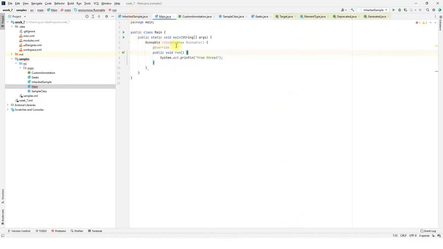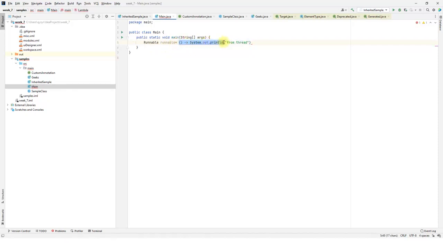Also, IDEA says that you can replace it with a lambda. So a lambda is an expression like here. In this case, we need something like this, and in this scope